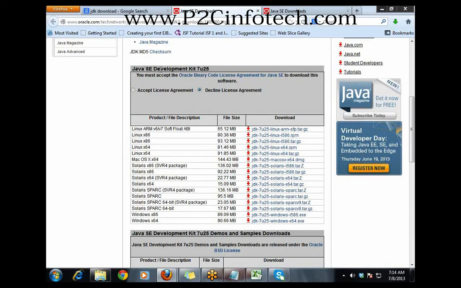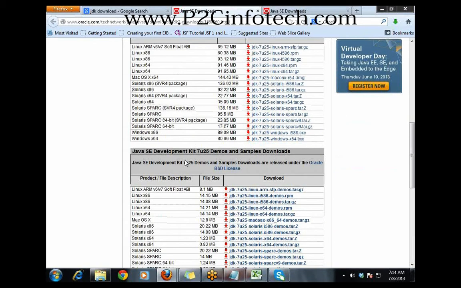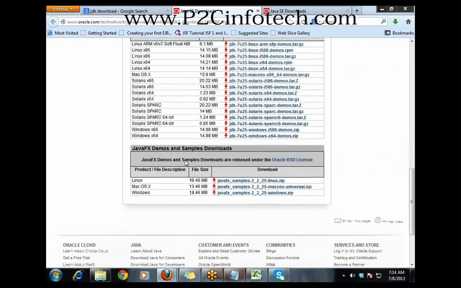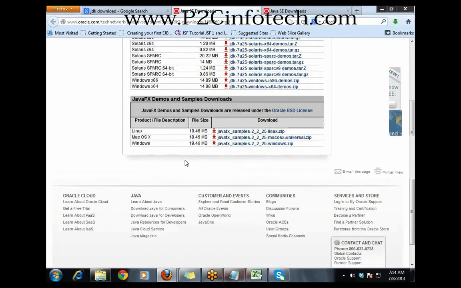Here Java SE Development Kit means JDK. 7 means 1.7, Update 25 is version 25, and there are so many things, samples, and something called JavaFX.